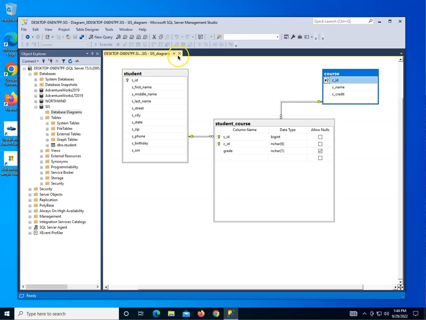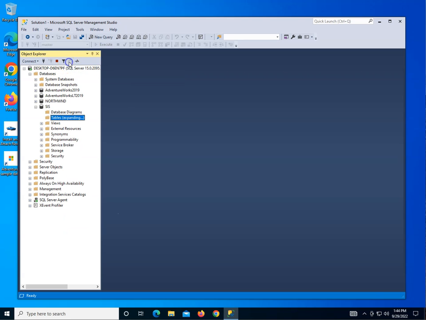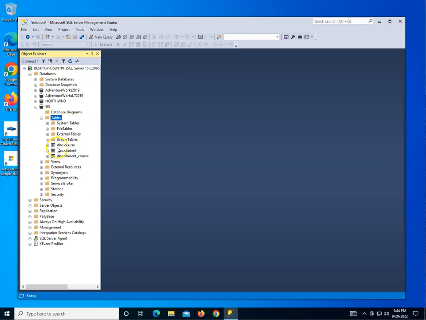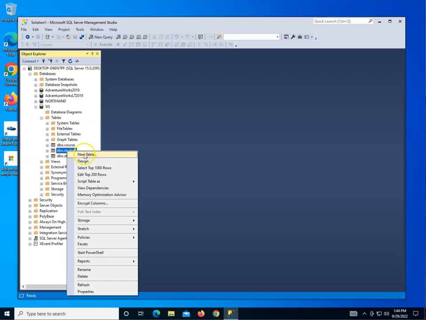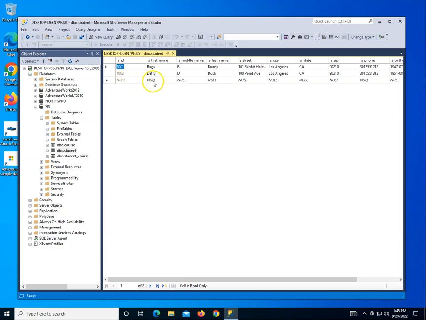I am going to go ahead and close this, and I'm going to refresh my tables right here so I see all of my tables. There is a student, course, and student course table that we created. I'm going to right click student and choose edit top 200 rows. Currently I have two students. I'm going to add a third one, Porky,